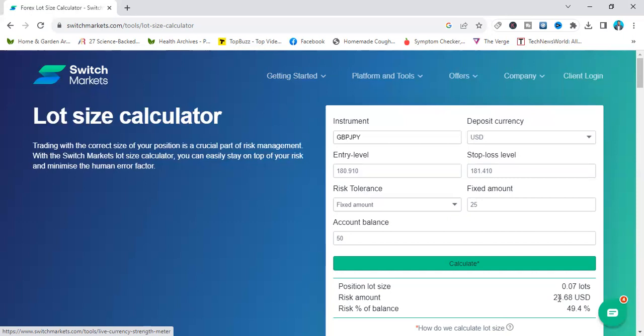And once you know how to calculate the right lot size, you are good to go. So please use this calculator over here to be able to know the right lot size to use for whichever trade or whichever signal that you will see. It will help you to even know, in case you lose, how much you are losing. You get it?